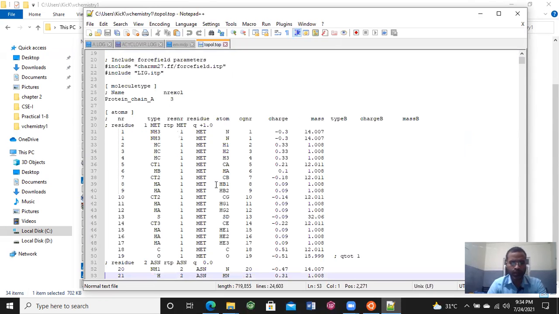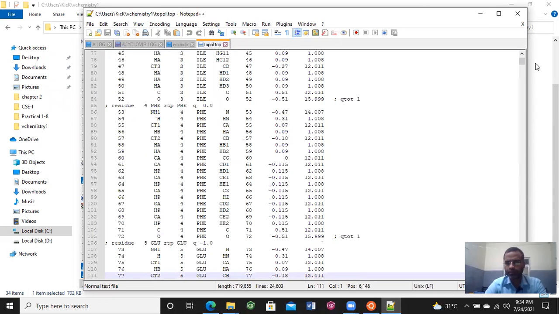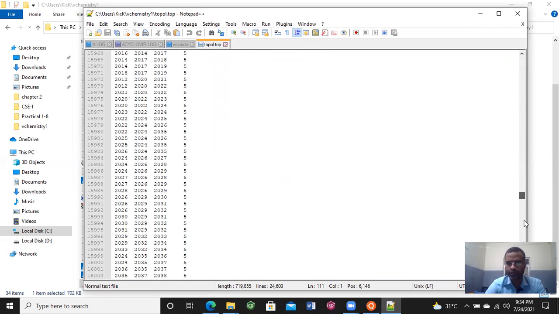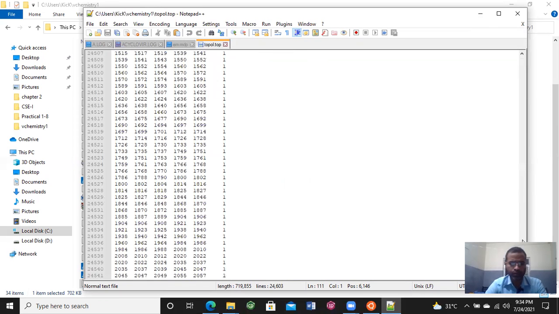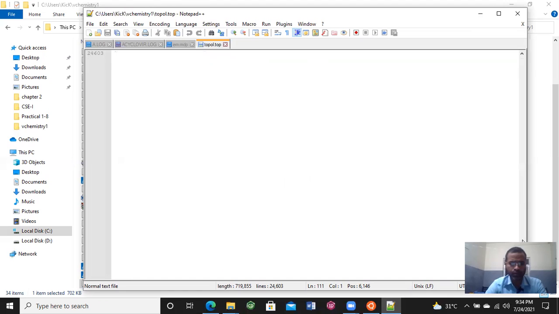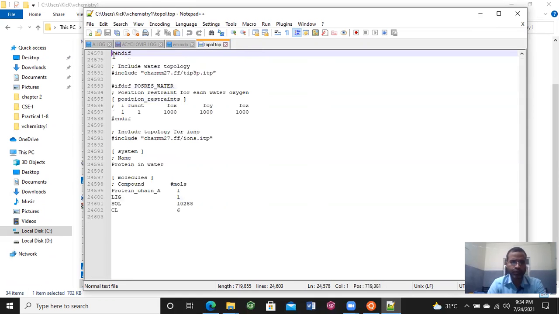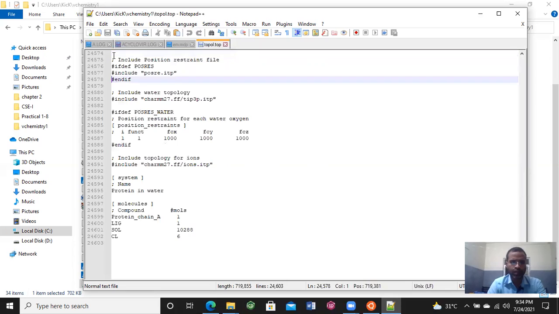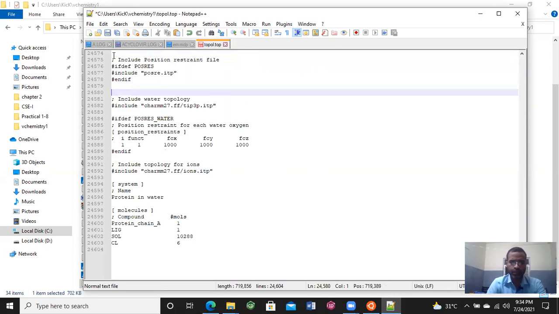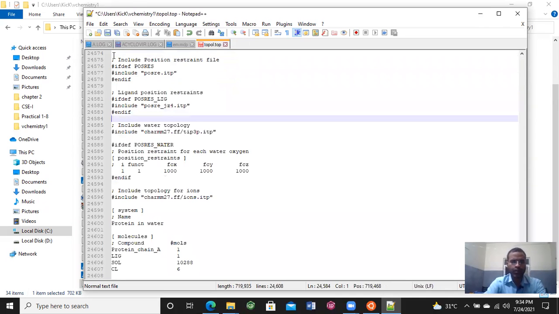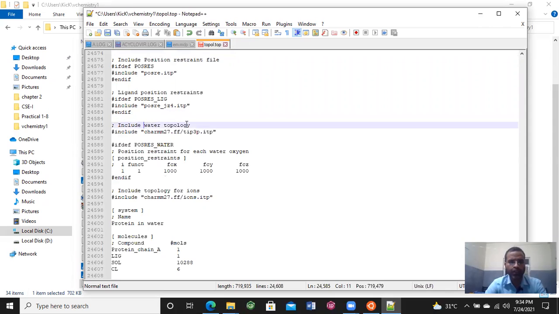Go downward. Okay, clear. Add these lines before the water topology.